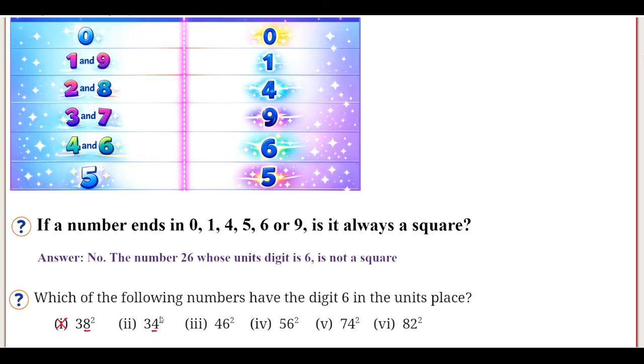34: 4 square is 4 fours are 16, so ending with 6. 6 square is 36, so it's ending with 6. 56: ending with 6, square is 36, ending with 6. 74: 4 fours are 16, ending with 6. 2 square, 2 twos are 4, so it's not ending with 6. So check the last digit, take the square and check. We will find the unit digits of the given numbers. Right? The next one,